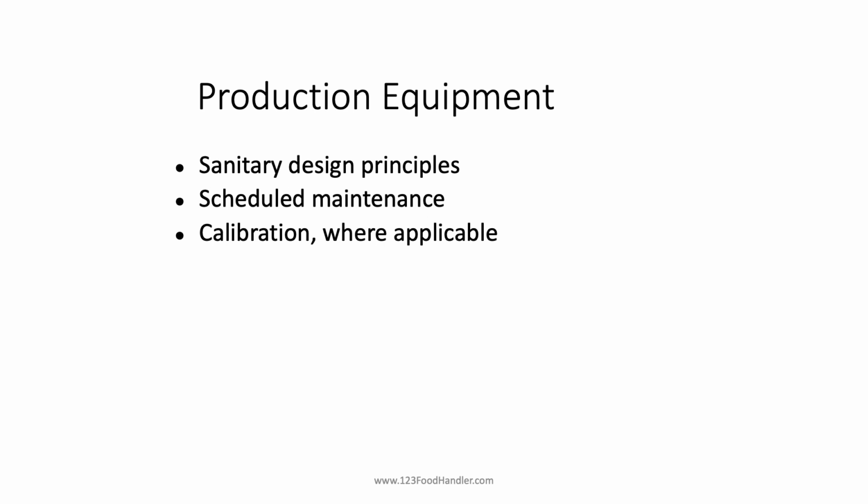So just to remind you what we're doing again, we're taking a look at some of the areas where we could create some prerequisite programs, some policies, procedures, programs. How about we look at our production equipment? Is it of sanitary design? Does it require maintenance? Do we have a scheduled maintenance program? Does this equipment require calibration? If so, when and where is it applicable? And are we working with the manufacturer's standard or scientifically known standards for calibrating this equipment? Production equipment.